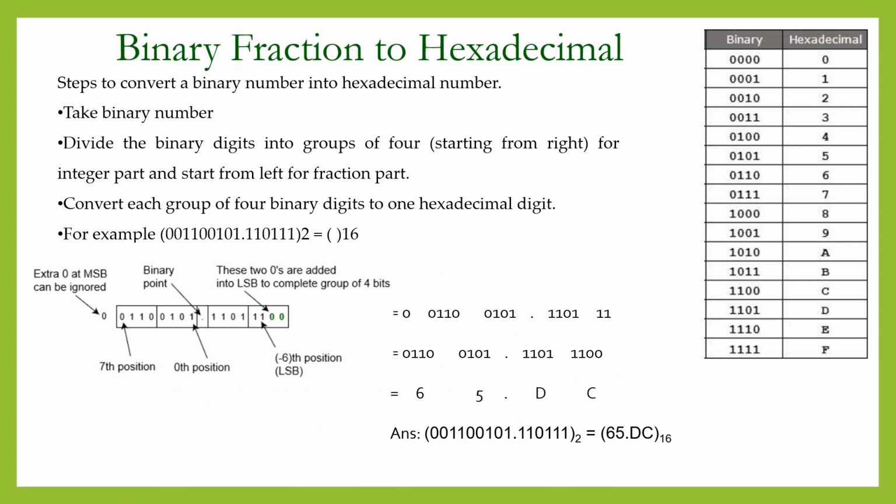And here is the next number conversion, that is binary fraction to hexadecimal. To convert a fractional binary number into a hexadecimal value, substitute groups of 4 bits in the integer part by the corresponding digit. Similarly, make groups of 4 bits for the fractional part starting from left to right and substitute each group by its equivalent digit or symbol in the hexadecimal number system. Add zeros at the end of the fractional part to make a perfect group of 4 bits. Here in this example, we have to convert the binary number